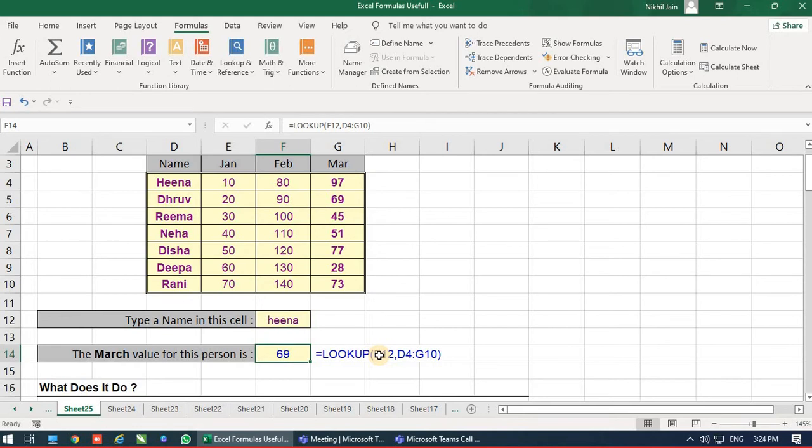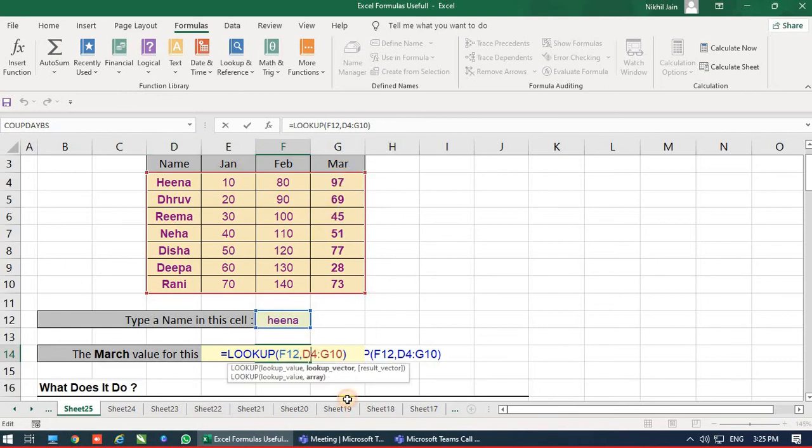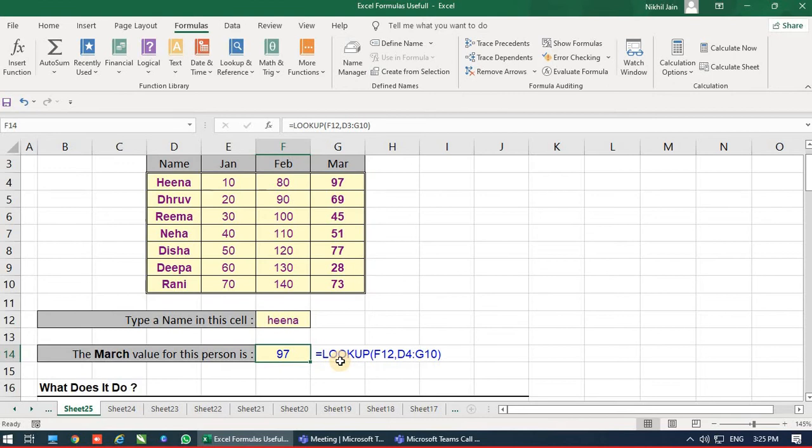Hina has done 69. You may ask, sir, you have not selected the heading. Yes, lookup doesn't search on the heading. If we select D3, the heading row, no problem, the answer is right. Hina comes in 97.